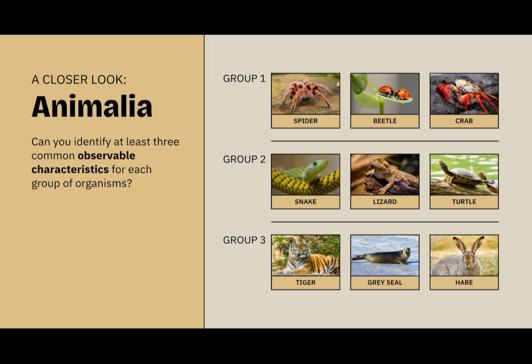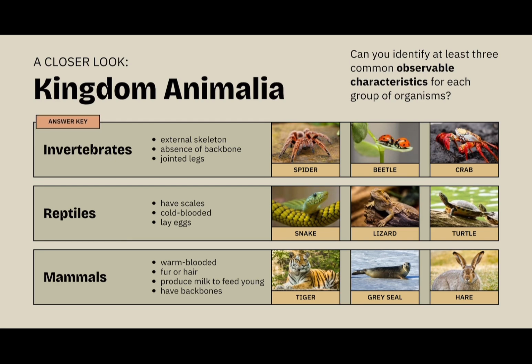So let's take a look at another question. Can you identify at least 3 common observable characteristics for each group of organisms? Group 1, spider, beetle, crab. Group 2, snake, lizard, turtle. Group 3, tiger, grey seal, and hare. The answer: